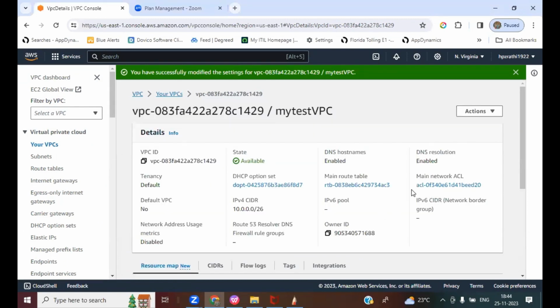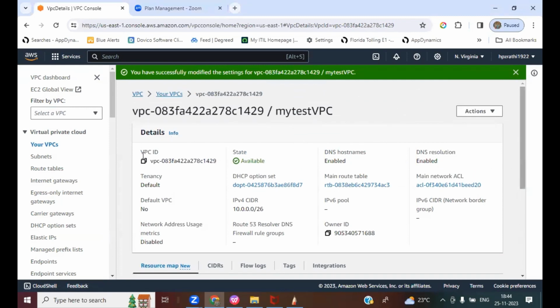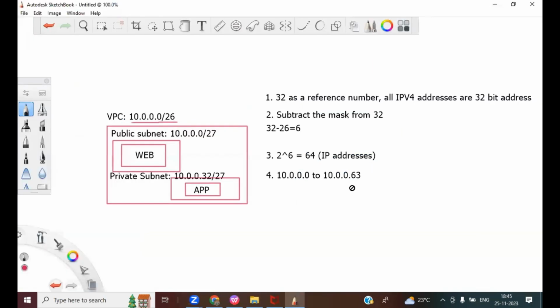Okay, so now our VPC is created. Now let us go ahead and create a subnet. As per our lab instruction, we have created a non-default VPC. Now we will create a public subnet and the private subnet. Now what is the CIDR of the public subnet? It is